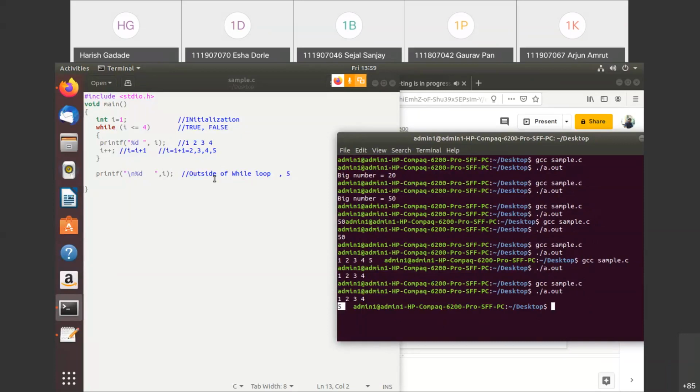If you understood the working of this while loop, that same working is there for do while and the same working is there for the for loop also. So if you are having any kind of difficulty here, please ask me. Otherwise, I'll move on to the next one. Any difficulty here? Please let me know if you have any.